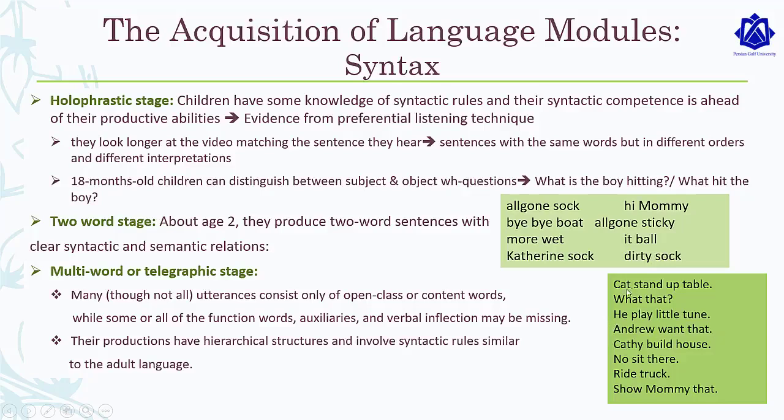Here cat is the subject, however 'the' or 'a' is missing, the article is missing, but we know it is the subject. Or here, with house, the article is missing, but we know the relationship between Cathy, build, and house, and that house is the object, and they follow the same hierarchical structure that we have in English,